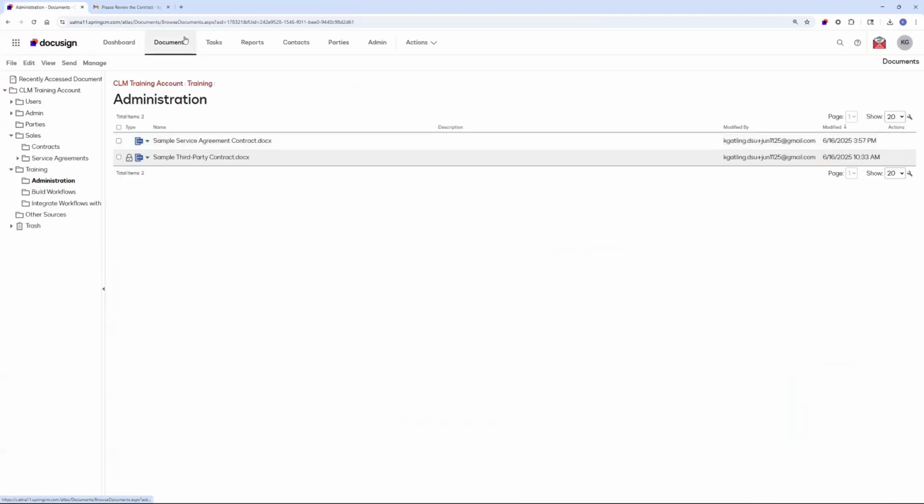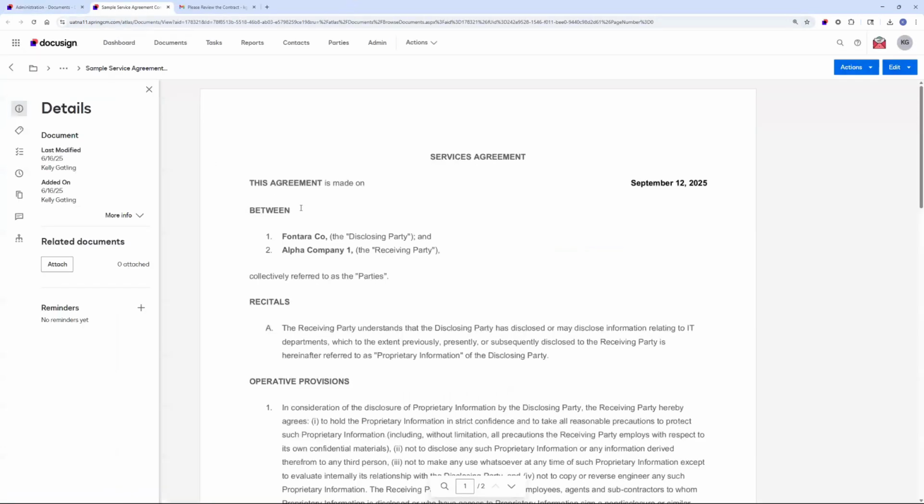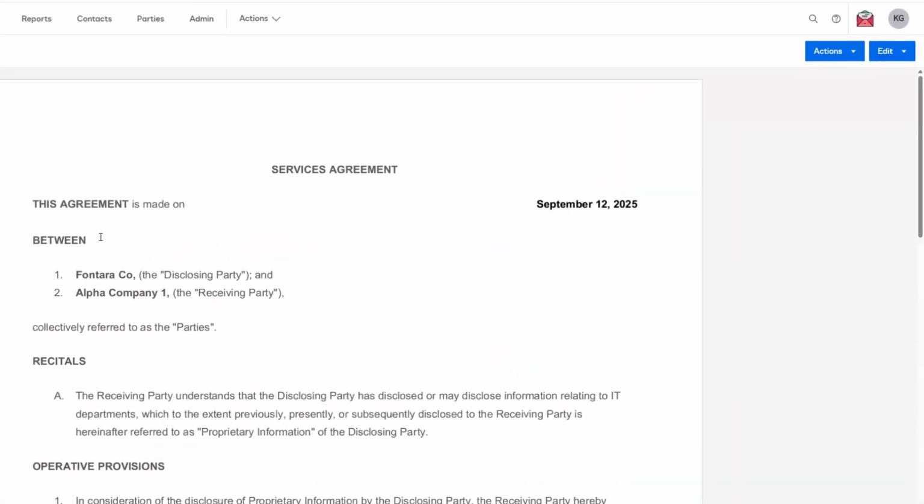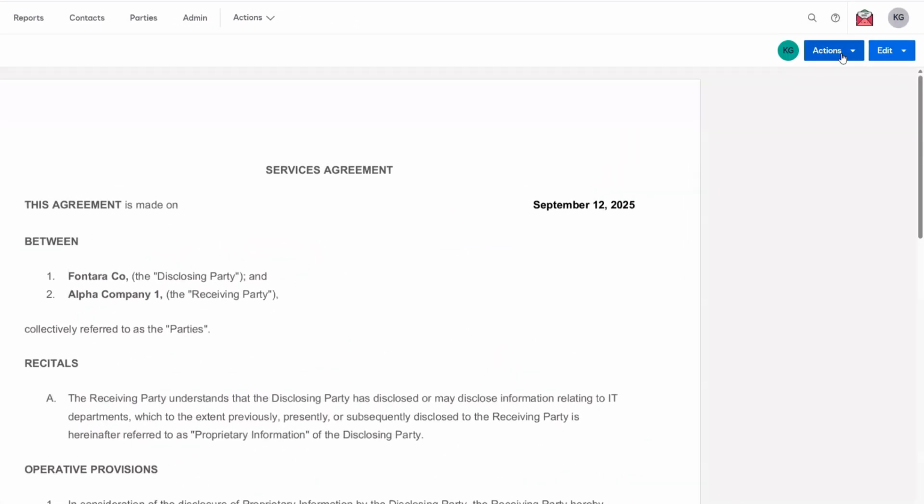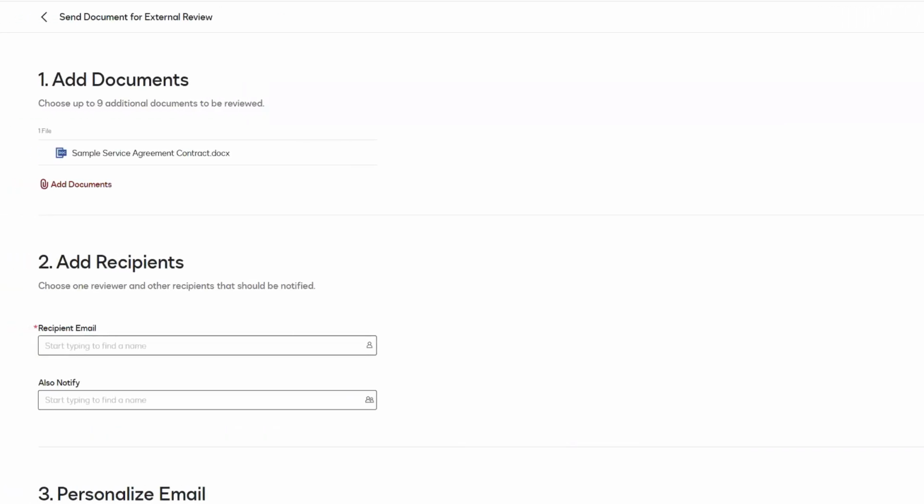To get started, locate your document in CLM that requires an outside party's review. The process can be started from the document preview by selecting Actions and then Send for External Review. Prepare your external review by selecting any additional documents if needed, filling in the recipient email address,